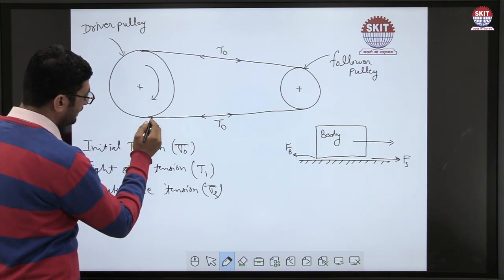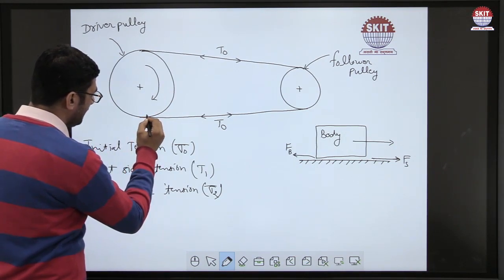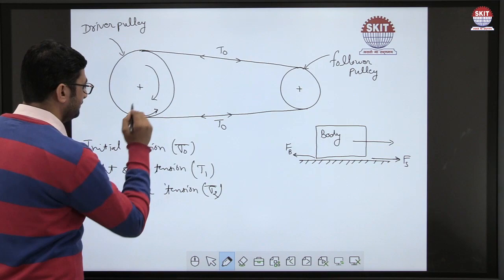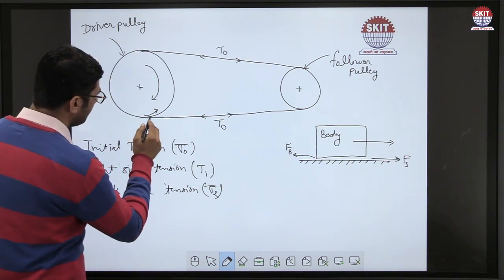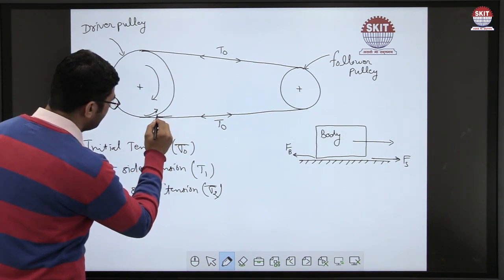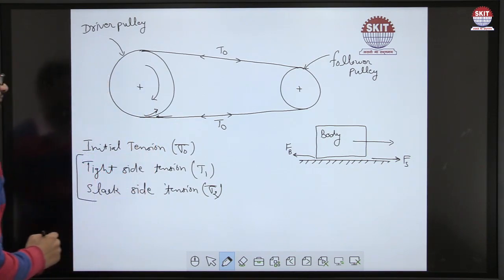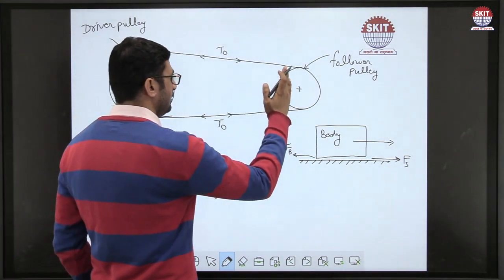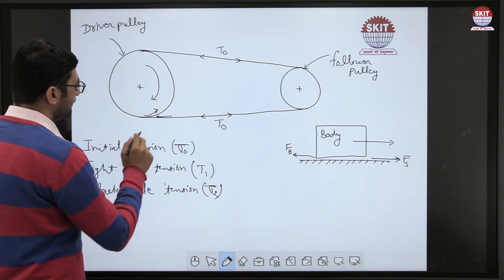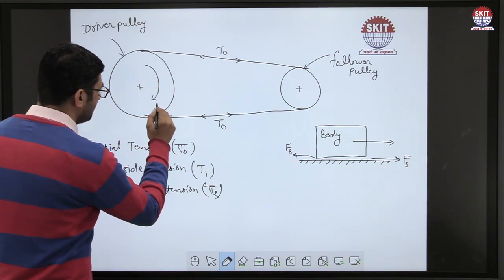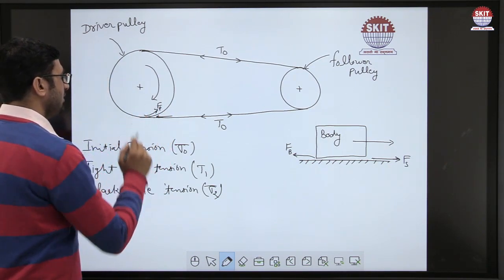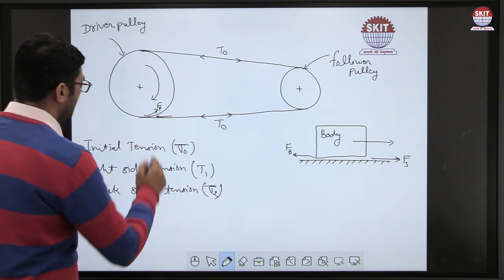When the pulley starts rotating, the friction force on the pulley is applied in this direction on the contacting surface, and the friction force on the inner surface of the belt is applied in this direction, and this pulley remains in the rest position because we first supply the power to this pulley, and this pulley rotates in this direction, and Fp means the friction force on the pulley